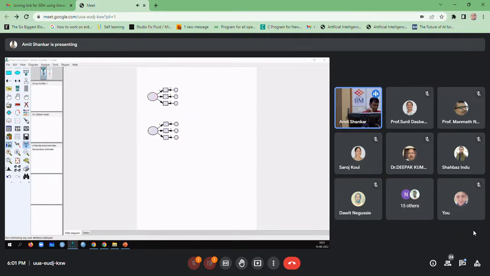Then you double click in this oval. Can you see here, variable name? So you can put service quality and close it. Then service quality will come here. This is nothing but satisfaction, so I'll put that here. Can you see? That's how you can give the name. So one thing you need to understand, there are two types